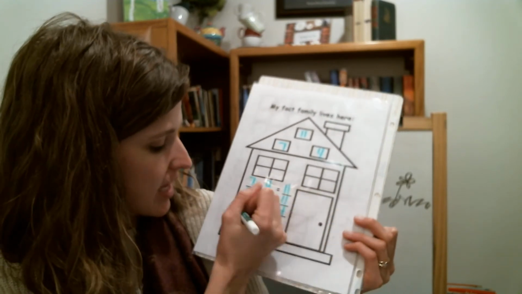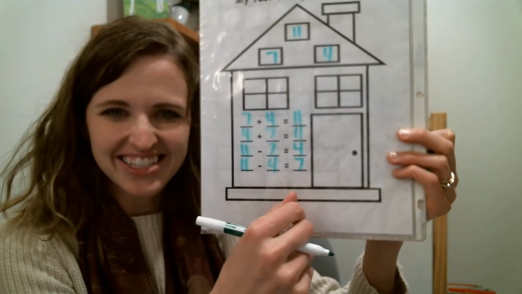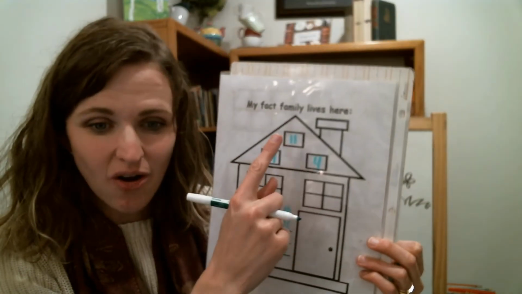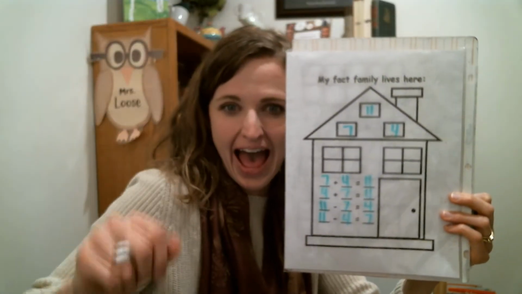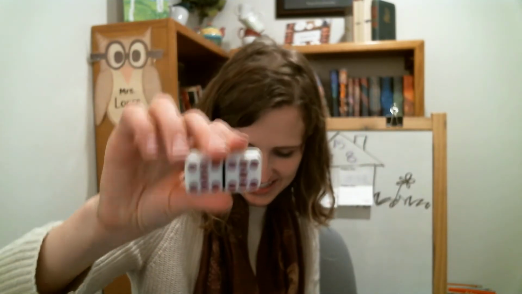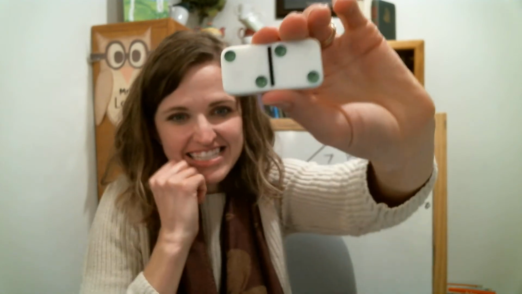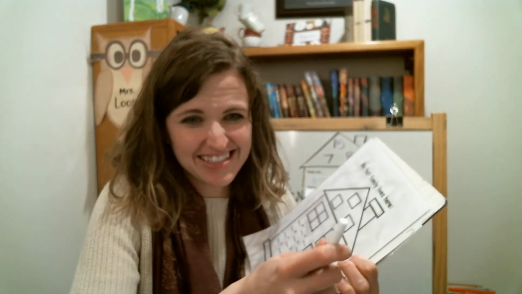Now I have to do the other one. 11 minus 4 equals 7. Good job. So you use your parts and your whole to figure out all of the related facts. Good job. What a happy fact family. Sometimes you might draw something like this, or like this, or like this. When you do a doubles fact, you are going to have less facts to write because switching them doesn't really